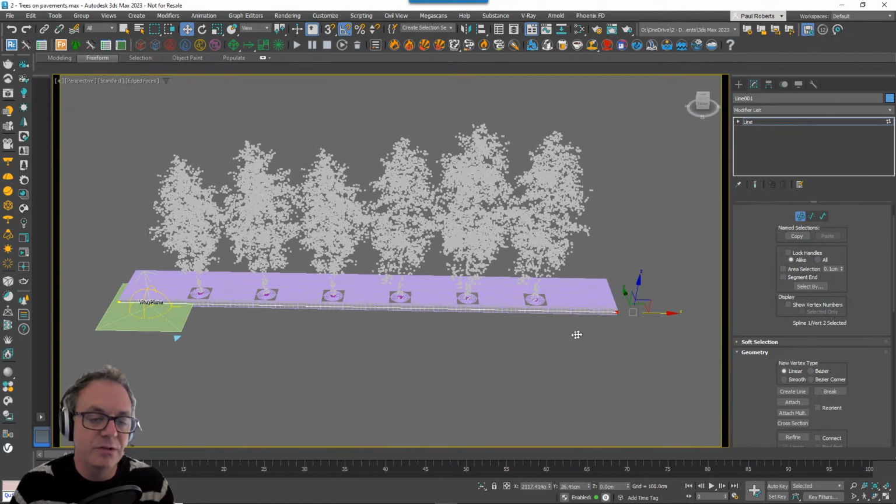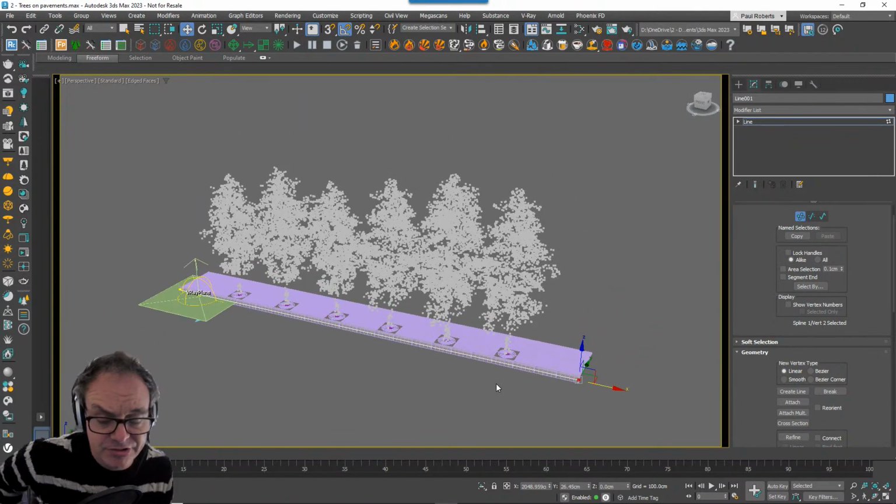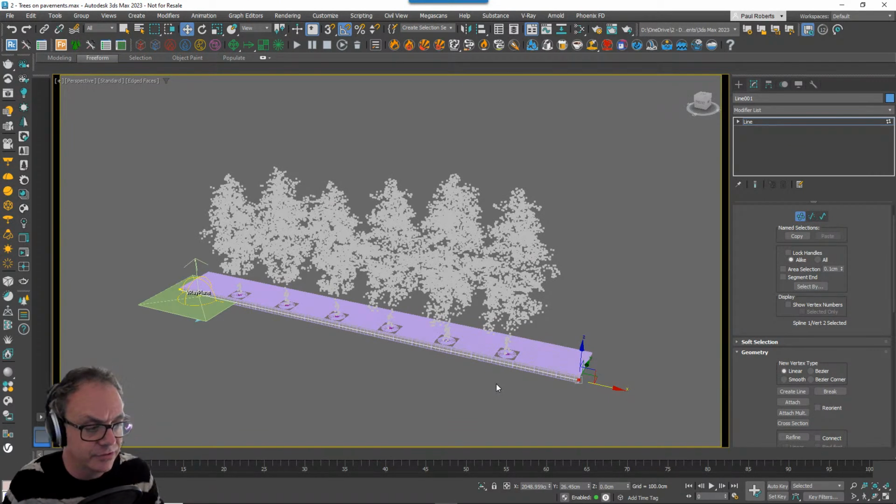So that's a quick and easy way to link together RailClone and Forest Pack. Just use triangles in RailClone. And actually this applies to anything. If you ever want to use some of RailClone's features to create a distribution, but you actually want to put the geometry on there at the end of the day with Forest Pack, main reason for that would be for animated meshes, then you can just use triangles instead. And in that case, you've got the power of both plugins together.